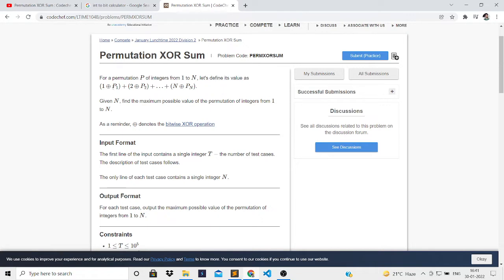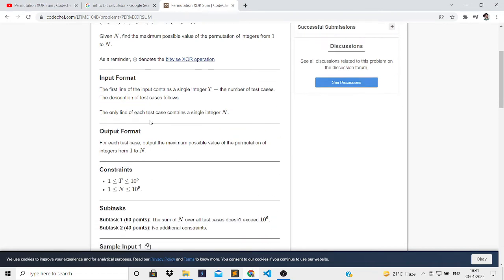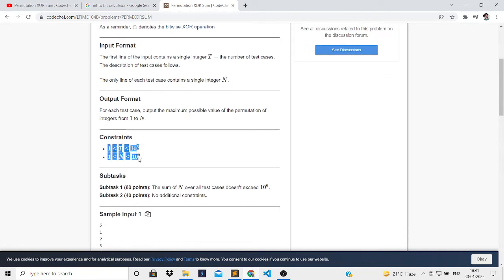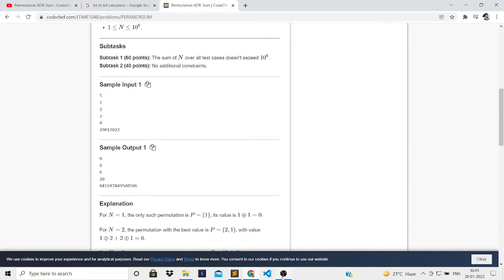ओके, सो हमें क्या करना है कि एक परमुटेशन, हमें एक ऐसा परमुटेशन लेना है जिसका ये जोड़ करने पे, जैसे 1 से जोड़ किया फर्स्ट एलिमेंट को, 2 से जोड़ किया सेकंड एलिमेंट को, ऐसे किया। उसके बाद हमें इसकी वैल्यू को मैक्सिमाइज करना है। सो वी हैव टू मैक्सिमाइज द मैक्सिमम पॉसिबल वैल्यू ऑफ द परमुटेशन ऑफ इंटीजर्स फ्रॉम 1 to n। सो ठीक है, और n भी थोड़ा बड़ा है तो log n में हमें करना पड़ेगा। देखते हैं इस क्वेश्चन को।